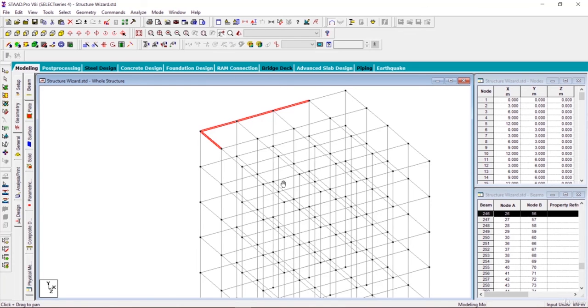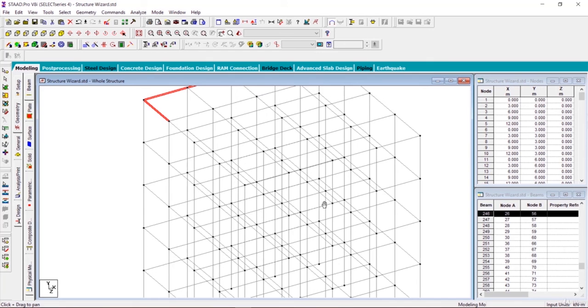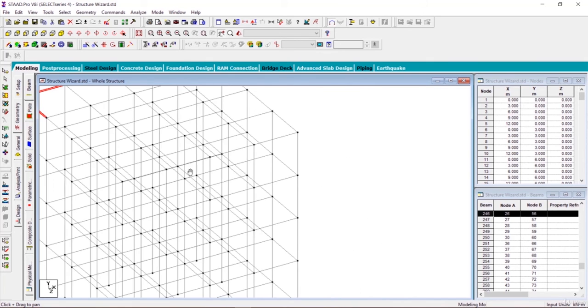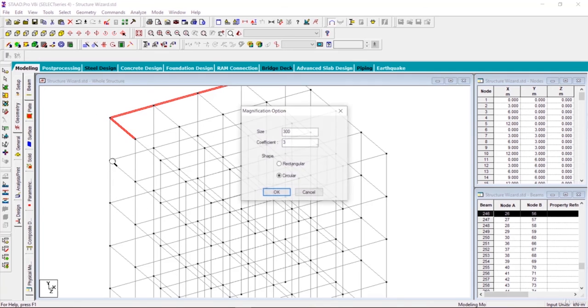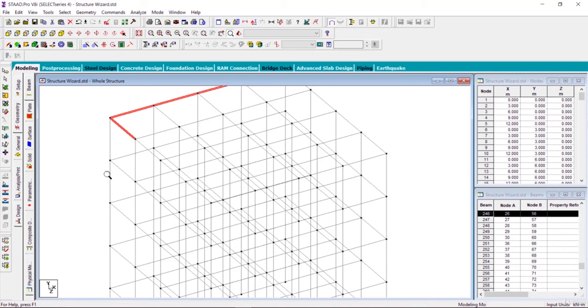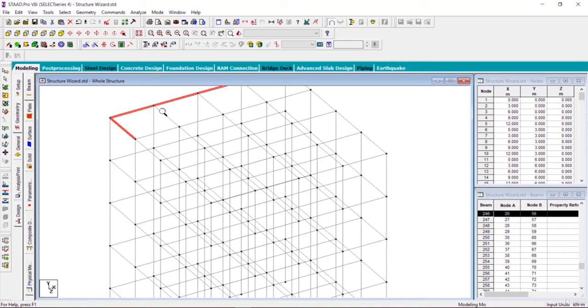Similarly, we got the pan option. If you left click on it, and you are zoomed in into the structure and want to move inside the structure, you can use this pan option. It's very easy. After that, we got the magnifying glass. Left click on it, and if you just left click here, you will get the magnified form of that portion. Now comes the 3D rendered view. I'll talk about this option in my next video.